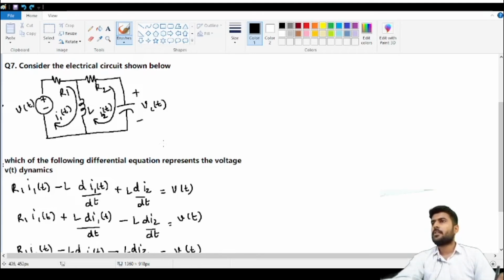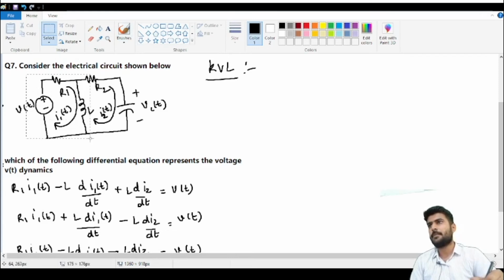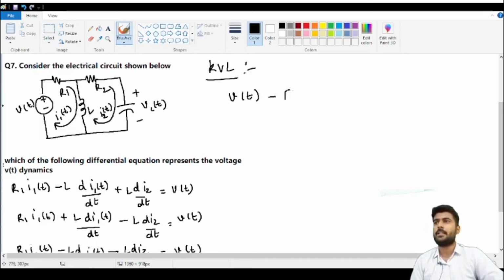So the next question is, consider the electric circuit shown below. Which of the following differential equations represents the voltage Vt dynamics? To calculate the voltage Vt dynamics, we simply have to apply KVL. Applying KVL in the first mesh, the first mesh is only this part. If we apply KVL, what we get is Vt minus R1 I1t minus L